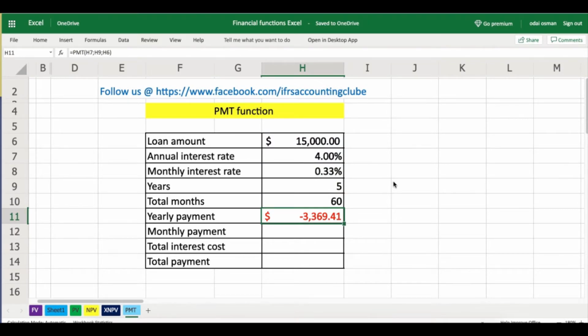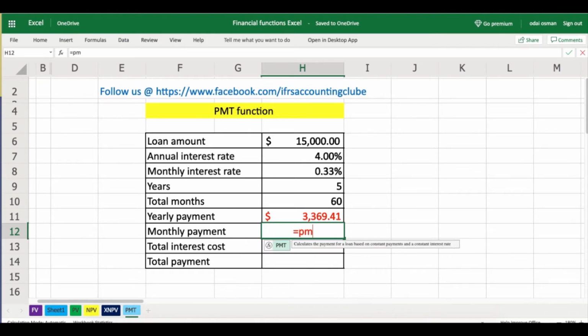So this amount is in a minus sign because it is a credit and we're going to pay. If you need it in a positive sign, just add a minus, double minus gives us positive. So the monthly payment also equals